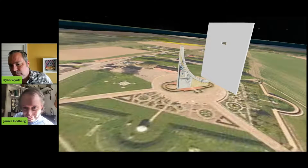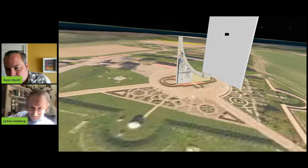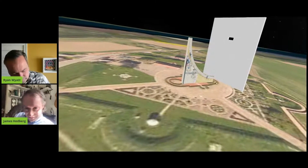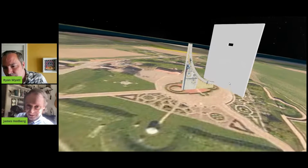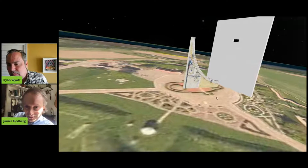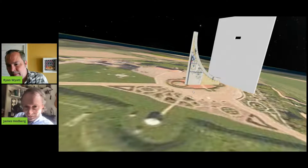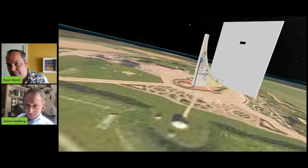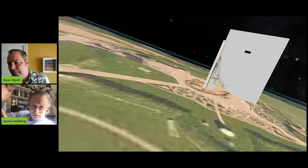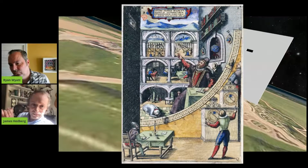Yeah, the quadrant. So you'd be down there standing where he is next to the markings on that quarter sphere and look up through, I'm all basing this on the classic image of the mural quadrant, there's a little hole in the wall. It's a little hard to do it in open space because of the geometries involved. But if you peek through that little hole, you'll see stars, and as they crossed a certain part of the sky, you would be able to see them in that gap and make a note of when they were there,